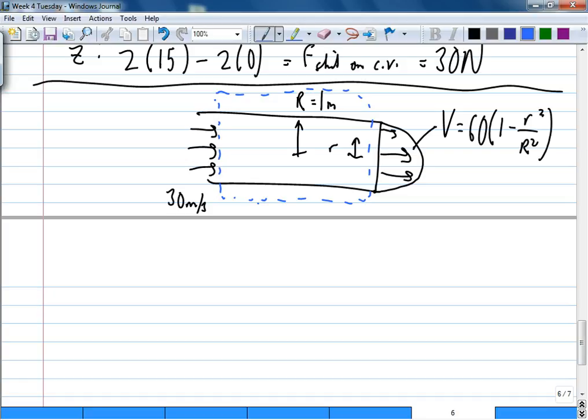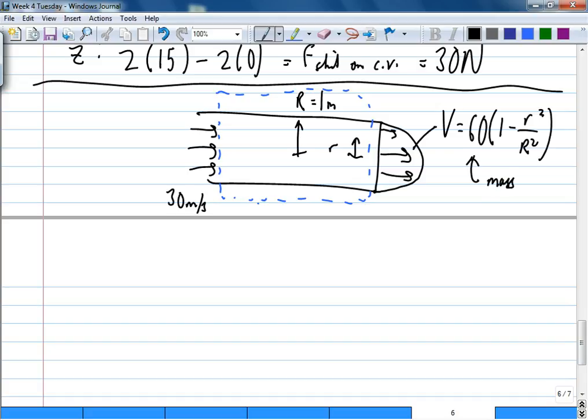Okay. So we have a pipe or something, doesn't matter. It comes in at 30 meters per second uniform. It goes out in that parabolic profile. That 60 comes not because I say it's 60, but because this one comes from